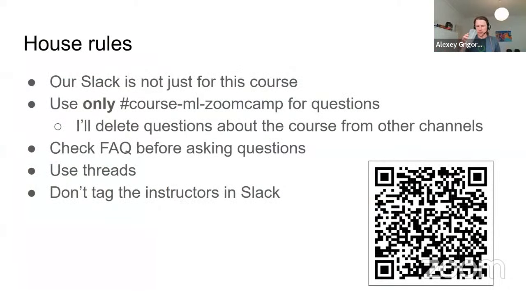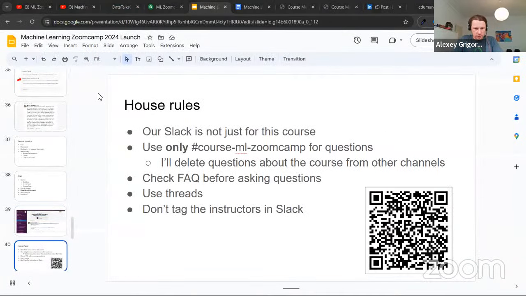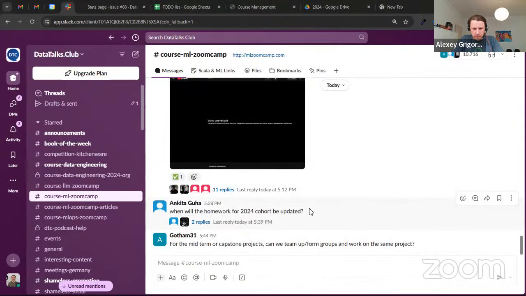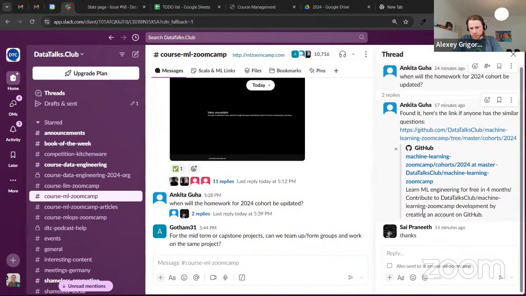So here are the rules. Use the course channel, and by the way, this QR code is for the link to the course channel. Then check the FAQ, and use threads. For example, someone asks when the homework will be updated, and we can say it's already updated.